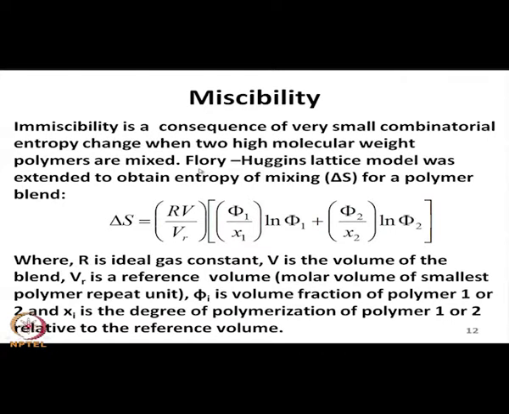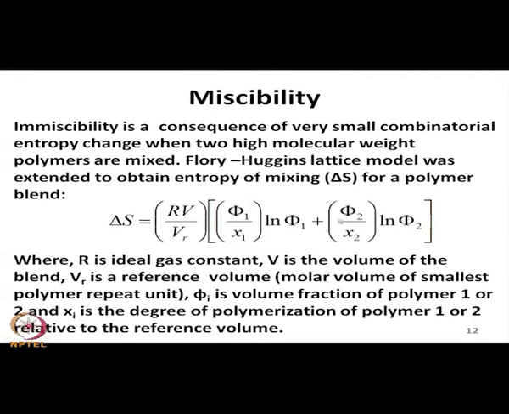If we use the Flory-Huggins lattice model to obtain the entropy of mixing delta S for a blend of two polymers P1 and P2, we can use the equation delta S equals R V by VR into phi 1 by x 1 ln phi 1 plus phi 2 by x 2 ln phi 2,